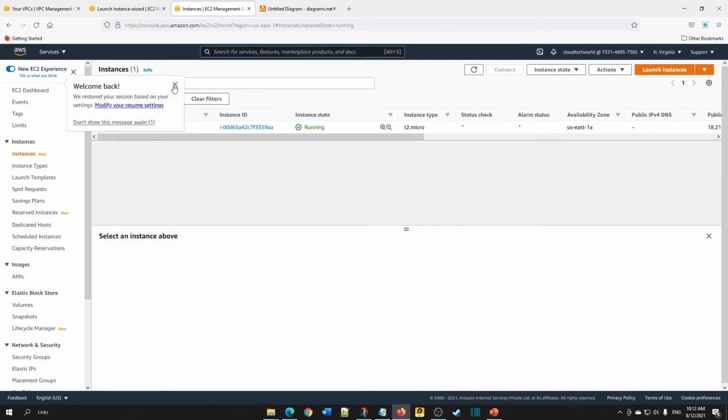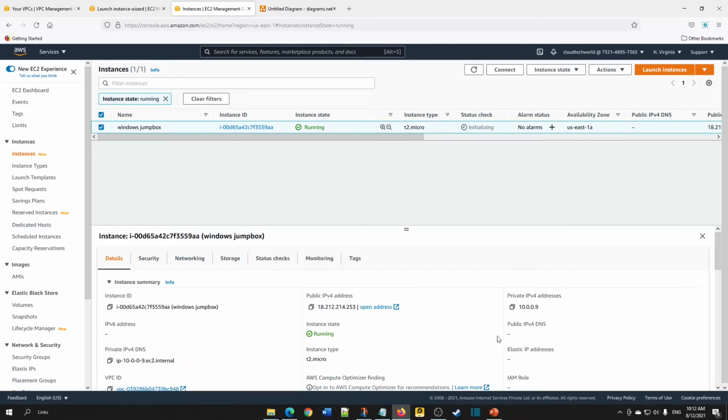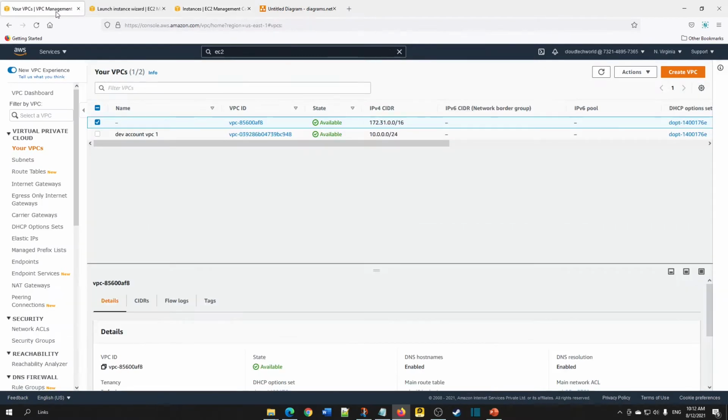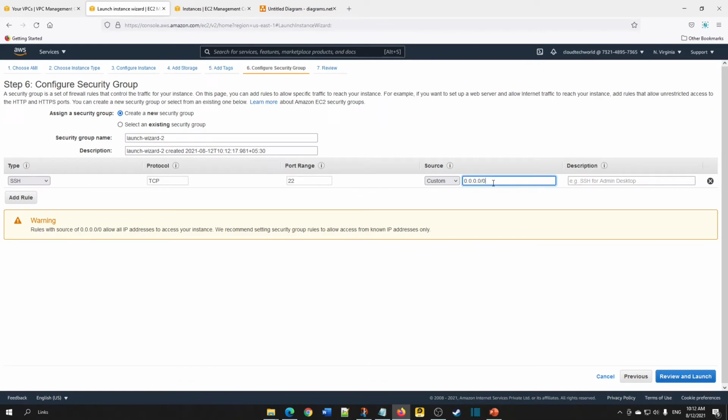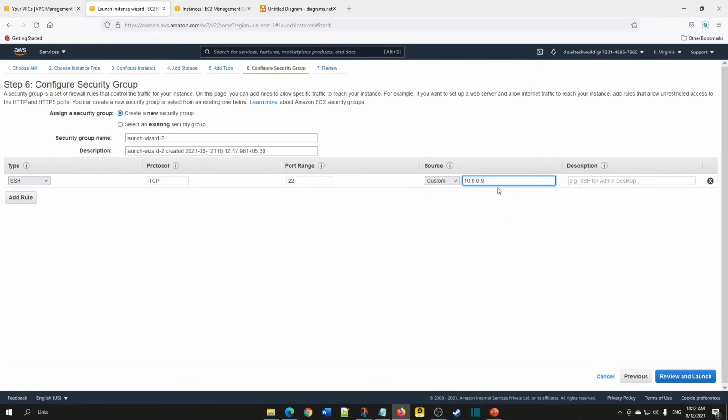Go to the East instance, the Windows East instance. See what the IP is for that. Choose the private IP of the Windows instance. Yes, as the source we can give our Windows East instance. And this is SSH, we are going to connect to it from our Windows instance.